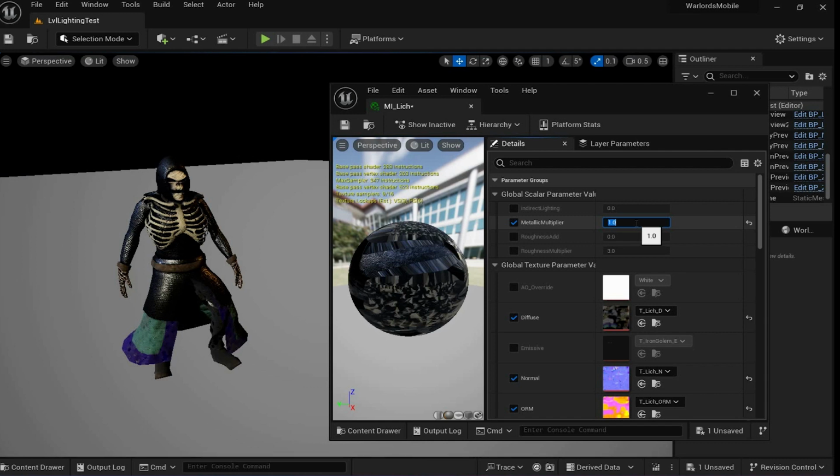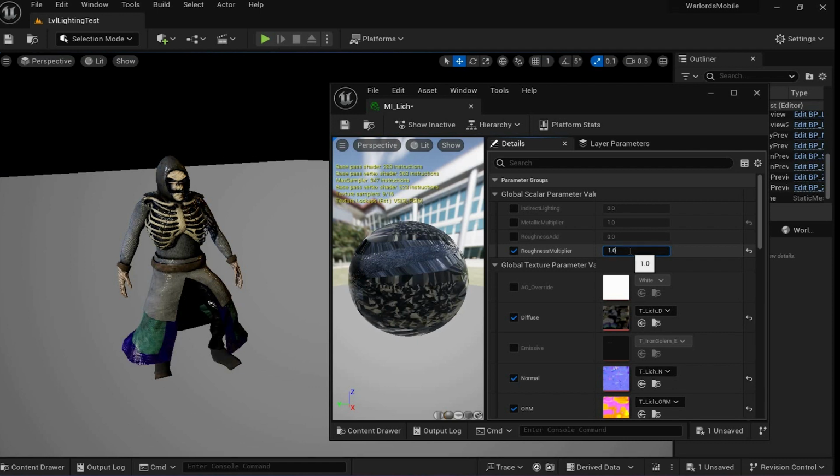So like metallic multiplier. What if I do 1 for metallic? So that makes him much darker. So that's not really helping us. There's the roughness, add, and roughness multiplier. So the roughness usually needs to be multiplied because by default it's super rough. But if you multiply it by 2, it's going to be quite shiny. By 4, it's going to be less shiny. Now metallic,